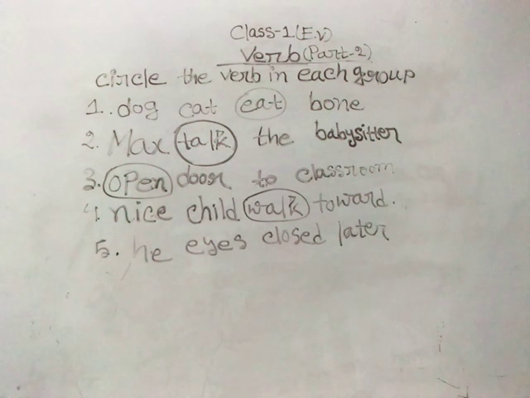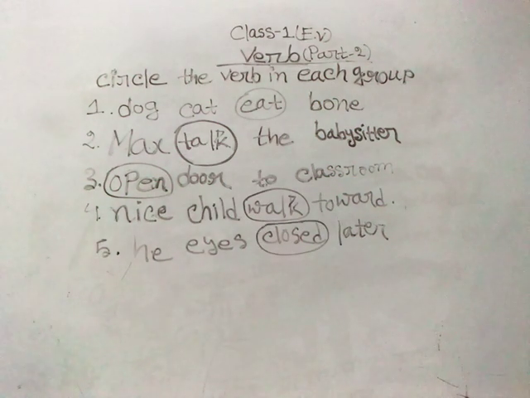But what about later? Later is basically an adverb. Okay. It is about time. Later means it is about time. It is about a few minutes later, or the time that is yet to come. So I can't consider later as our verb. Rather we should consider closed as the verb. So we are going to make a circle over the word closed as our verb.